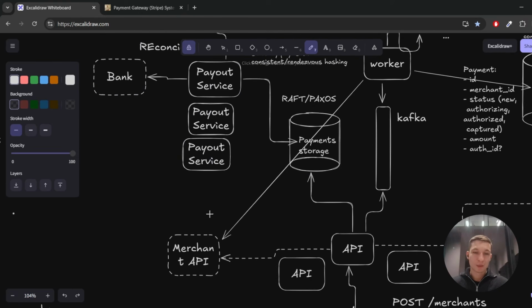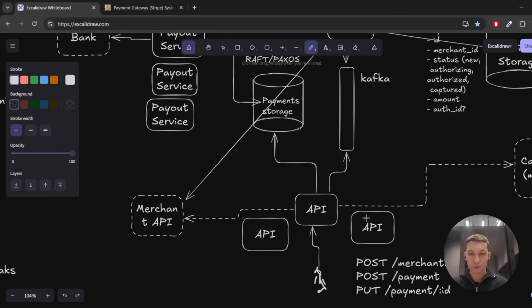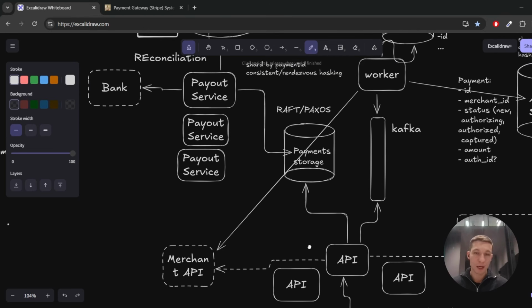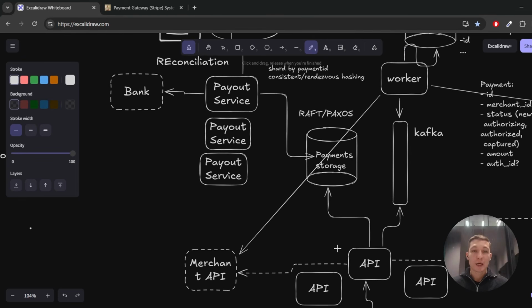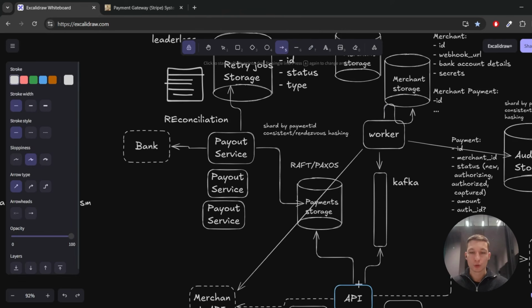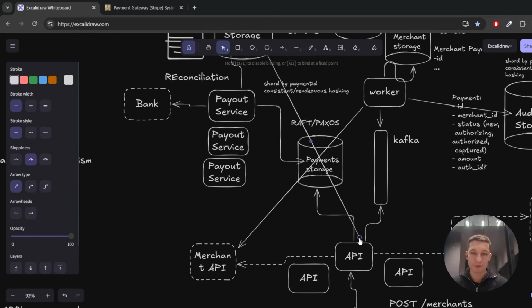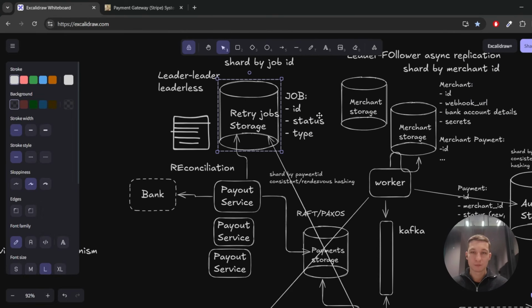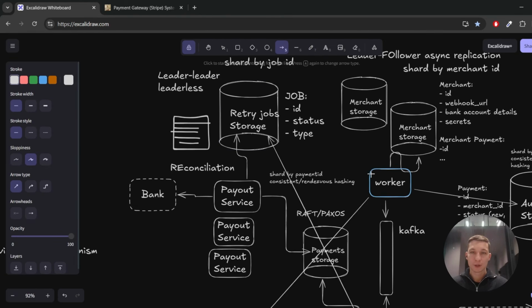Since we want to keep trying sending this update to the merchant API basically for 30 days, of course, we cannot retry just in memory, because our API will just die and forget that it needs to retry for the next couple of days, right? So we're also going to use our well-known retry job storage. And if our 3 retries in memory didn't help, we just push it here, and then there will be a worker again that is going to read from this